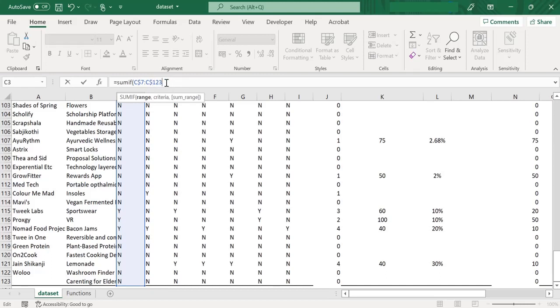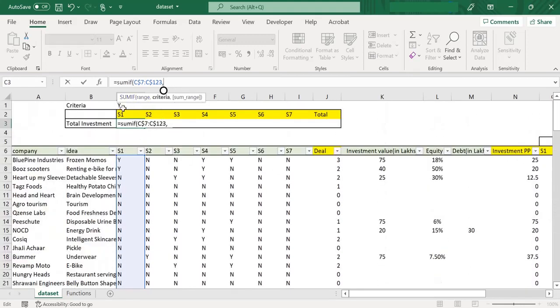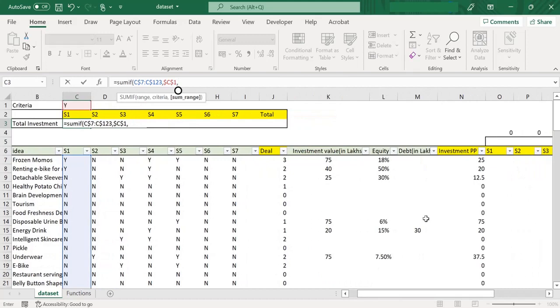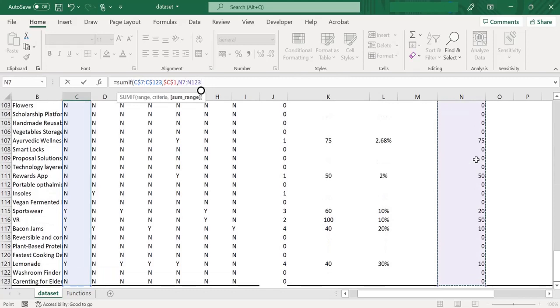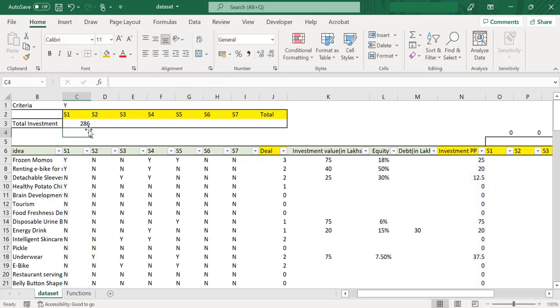I'll explain the reason why I did that. Second is the criteria. I've already mentioned the criteria here, so I'll fix this value. And then comes the sum range. As we have just found out the investment per person here, I will be taking this as my sum range and fixing this. I'm pressing the enter key.